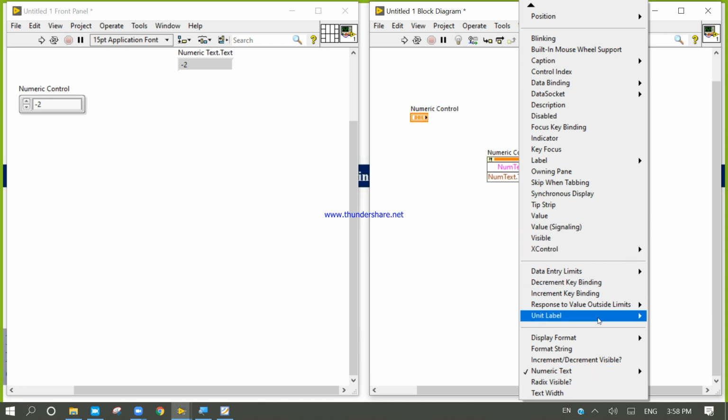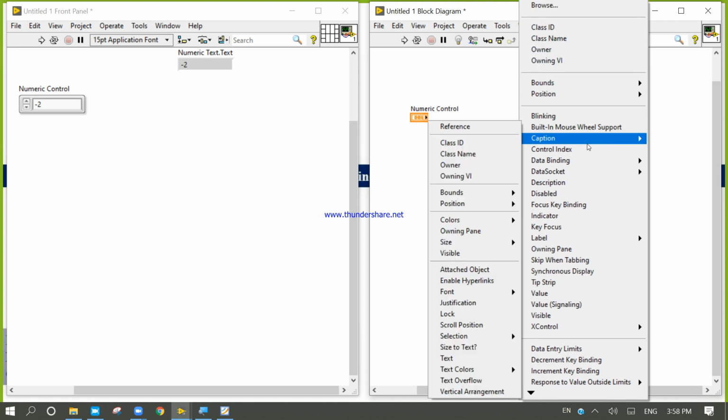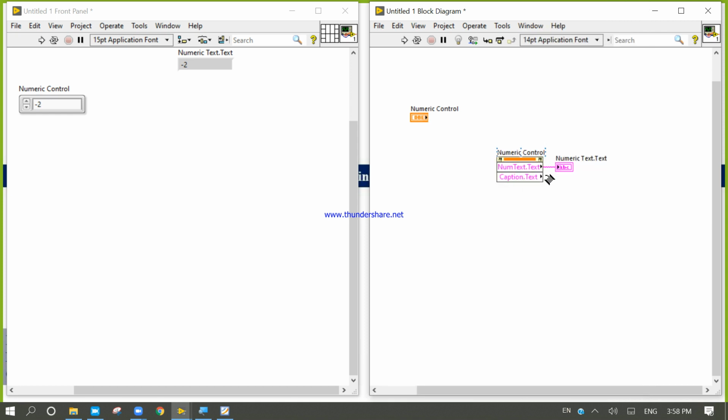So now let's come to the upper side. Captions. Now in the captions, can I come to the text? And if I right click and create indicator, what will be the caption?